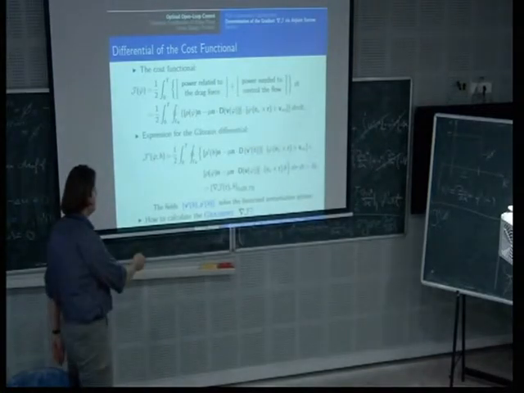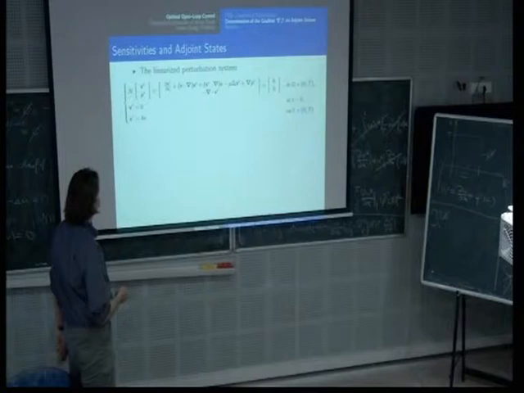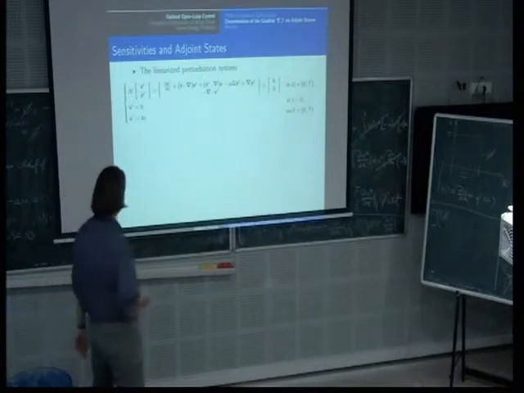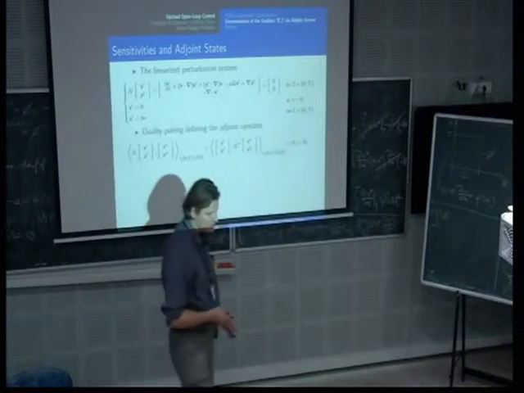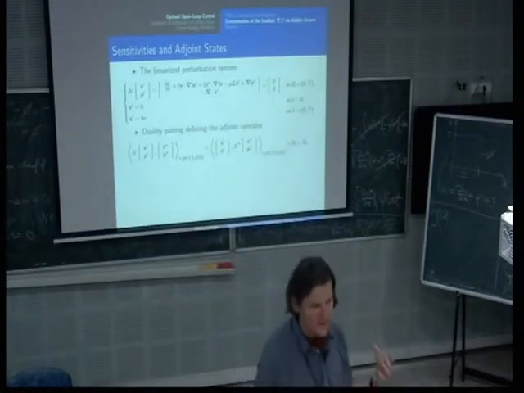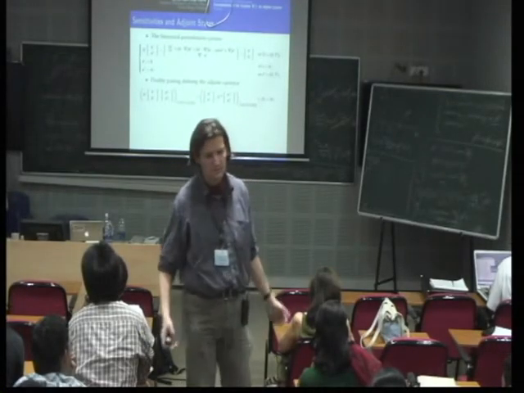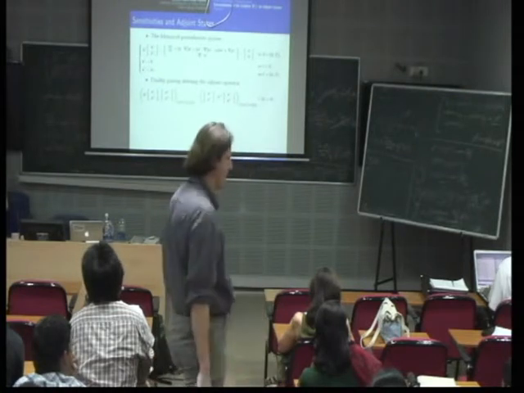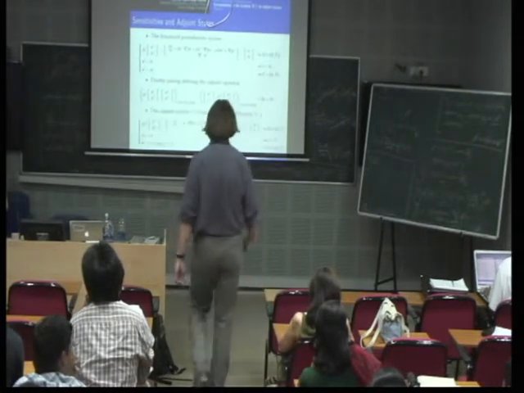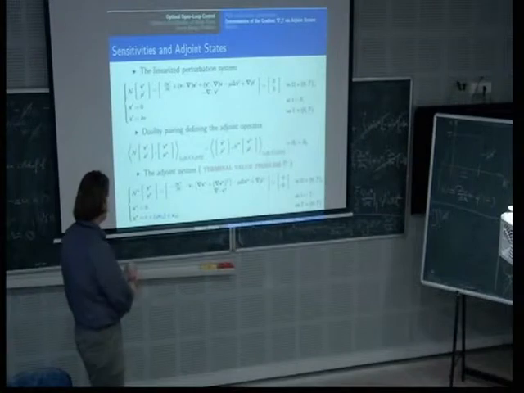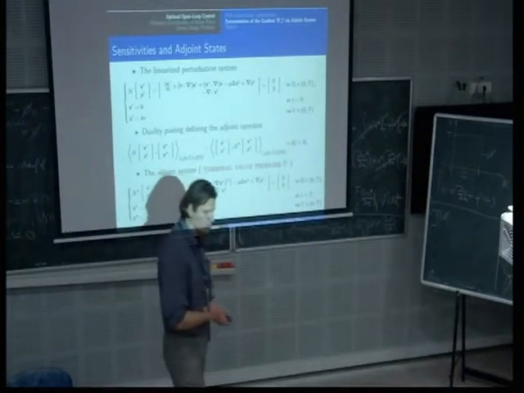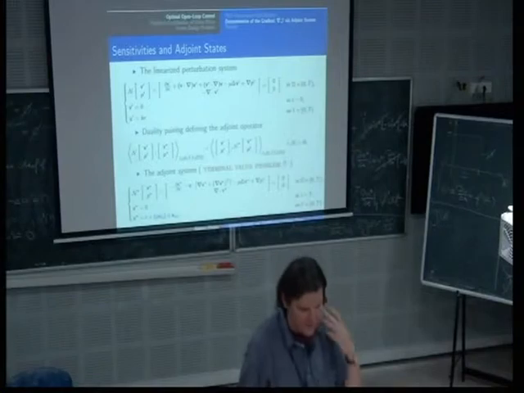So v prime and p prime solve the perturbation equation, which is given here. So when we go through this calculation, which is again technically slightly more complicated than for the heat equation, but the main principles apply. One has to integrate by parts and then match the terms. Then we obtain the adjoint system, which, as before, is a terminal value problem, which means that it has to be integrated backwards in time.